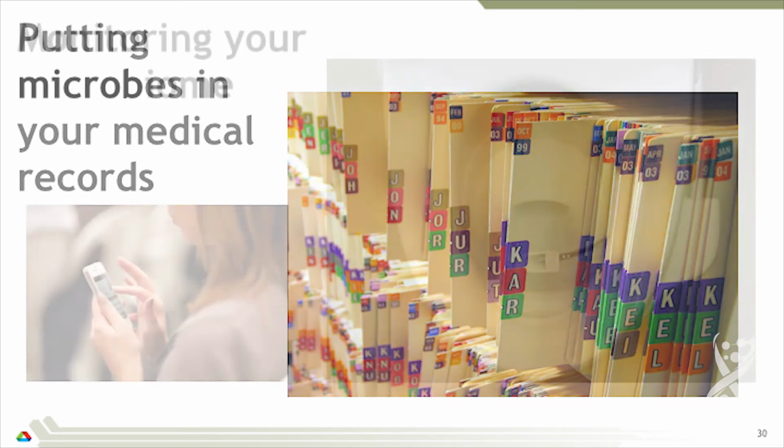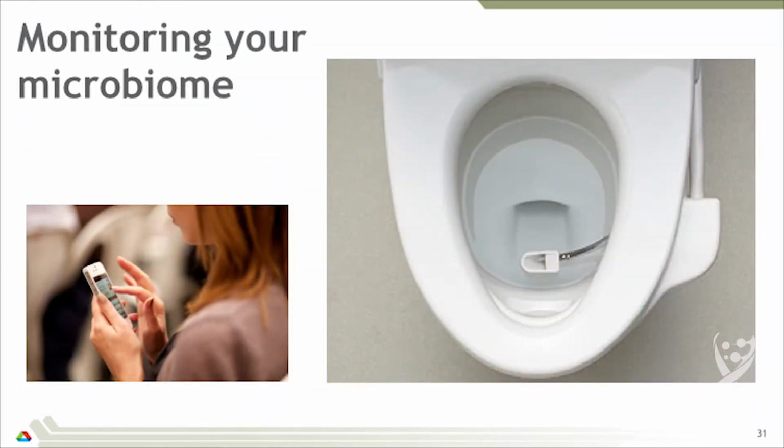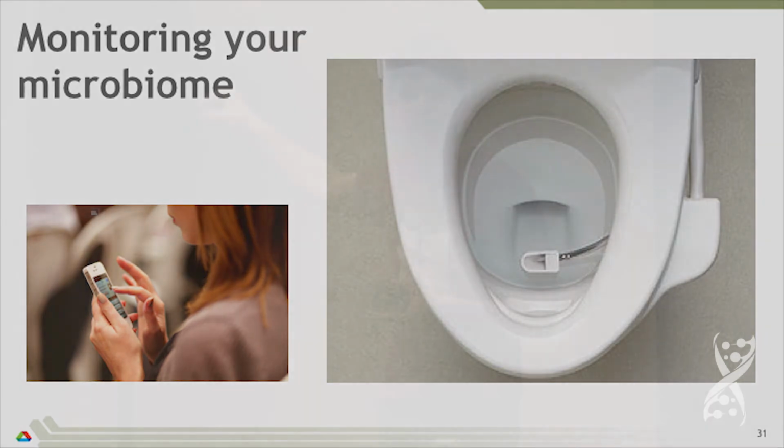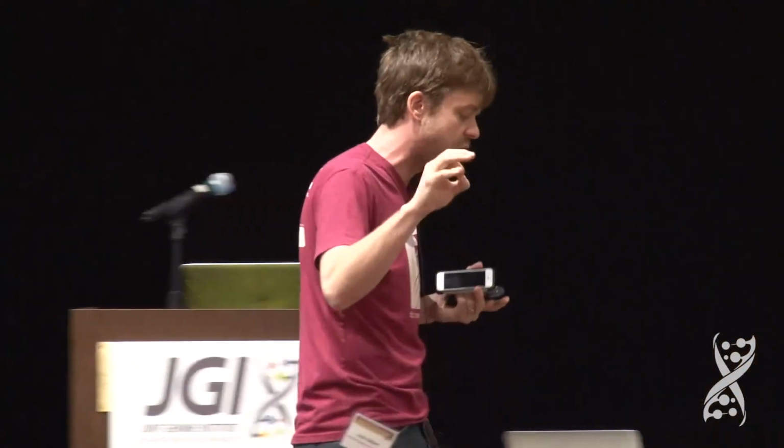To do that, I need to develop a sensor, and we've been working on a LAMP primer array sensor. You collect a stool specimen here. This is something I got off the internet, but we actually have a prototype where we macerate the stool and urine in the bowl and then take a subsample of that macerated material and pump it through a microfluidic system, whereby we use LAMP primers to isothermally amplify particular microbiological target signatures from organisms of interest. Currently, we can only do about 48 organisms, but we're working up to about 386, and then potentially thousands as we increase the density of our microarray.